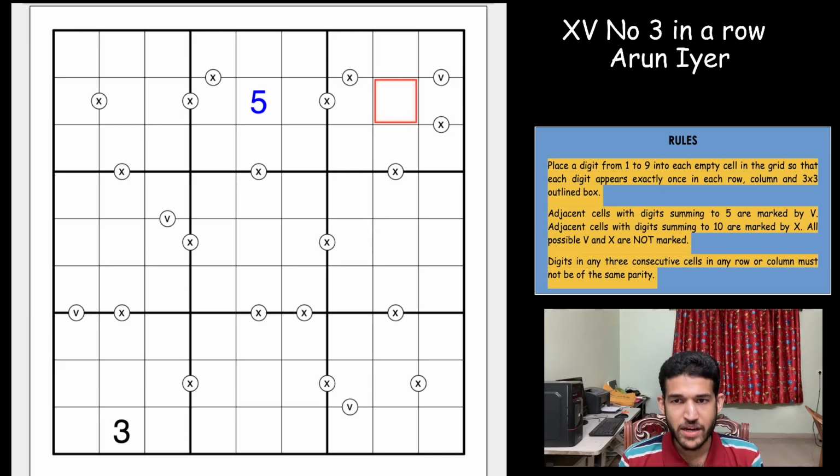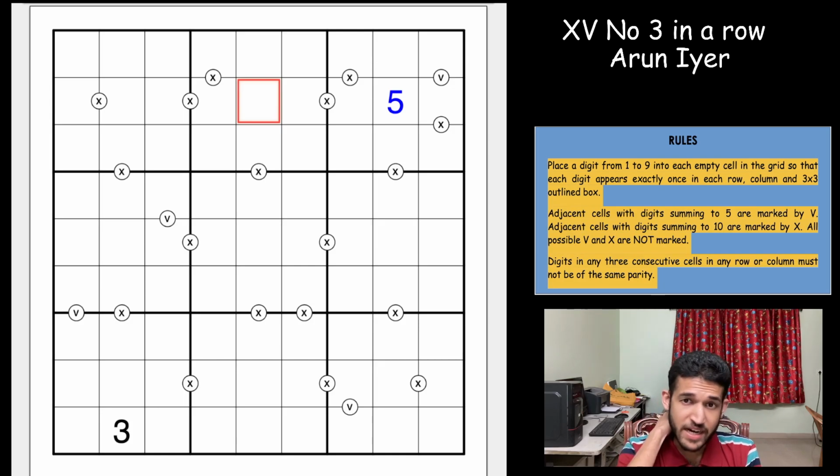But we already have an X between these 2 cells, which means, let's say if you have a 2 here, this must be 8. But then you can't have a 10 from these 2 cells as well. So which is clearly proving to us that 5 cannot be here. So 5 goes here, and these 2 cells must sum up to 10. So I could get the starting digit here,